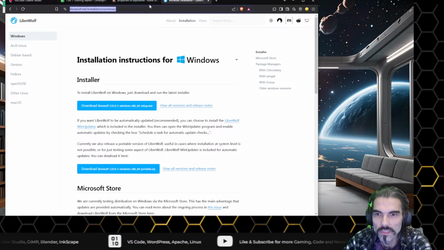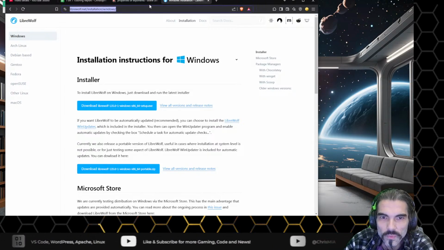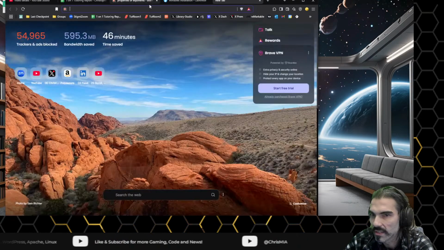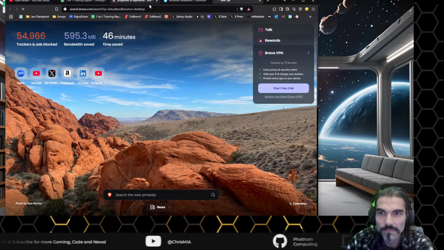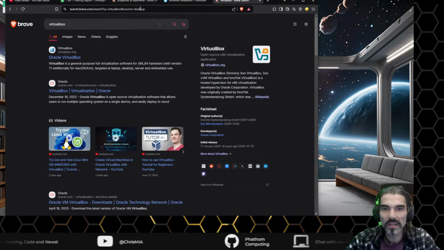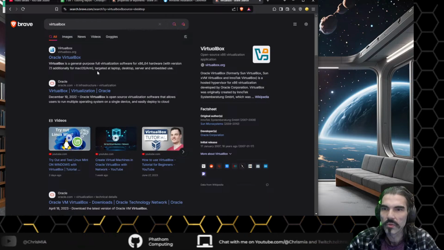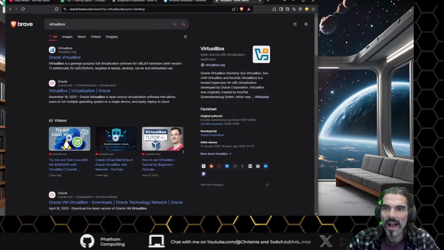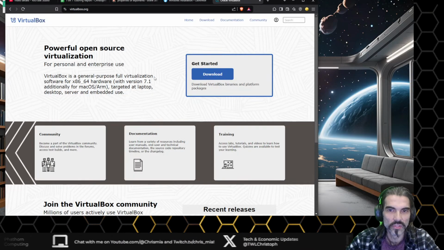So, what is this? Installation. And you can also install Windows as well. Now, we're looking for a specific type, so I'm not going to go into this just yet, but we might. We're going to look for VirtualBox. There's a lot of different ones. There's Parallels, which is a paid version. But honestly, VirtualBox by Oracle has served every single purpose that I've ever needed it to do.